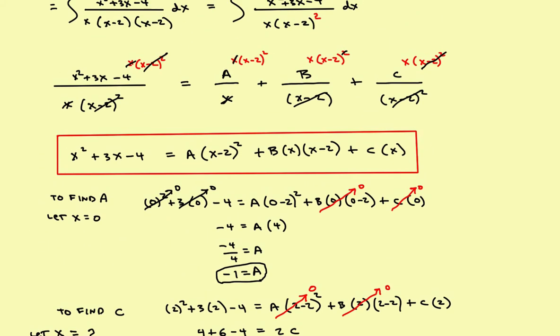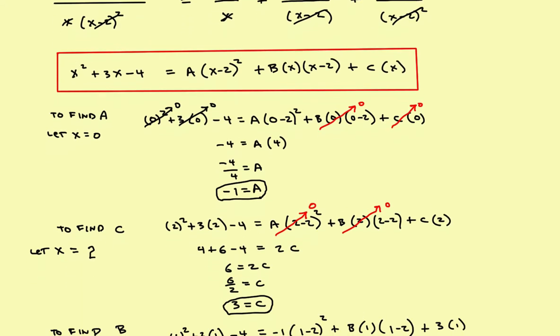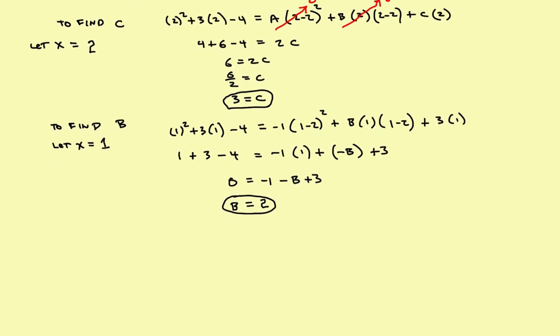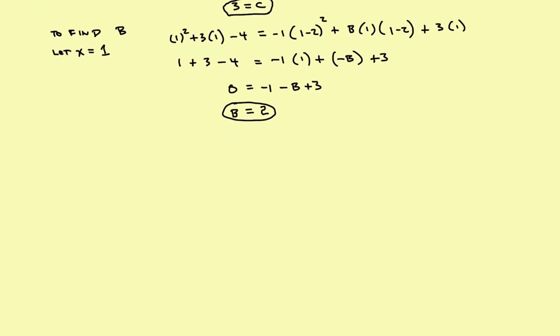And I think I'll put them in blue. A was a negative 1, B was 2, and C was 3. So we can rewrite the integral in terms of just this right here. So that's what we'll do in this next step. So we'll move back down, get a little room, and let's go ahead and rewrite this as follows. We'll make it be the original integral, which was, I think I'll move it down even a little bit more. So the original integral